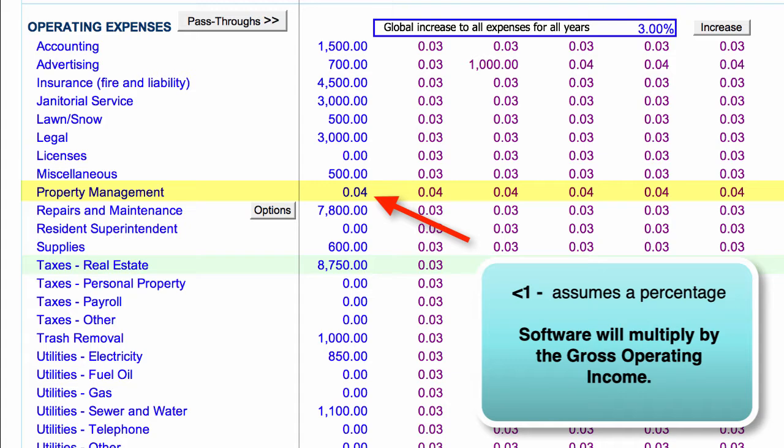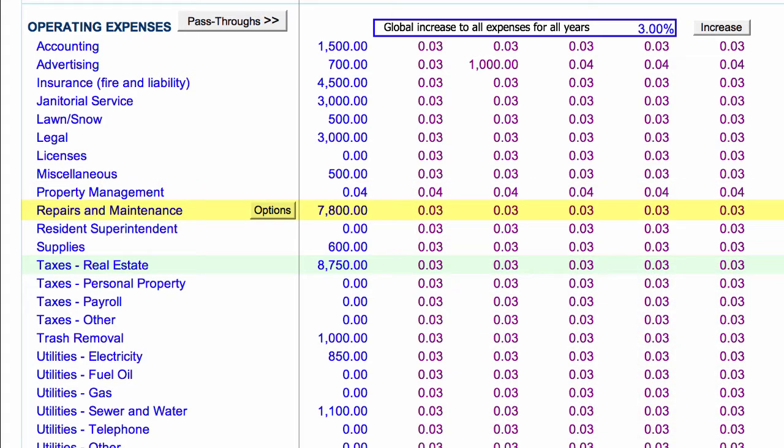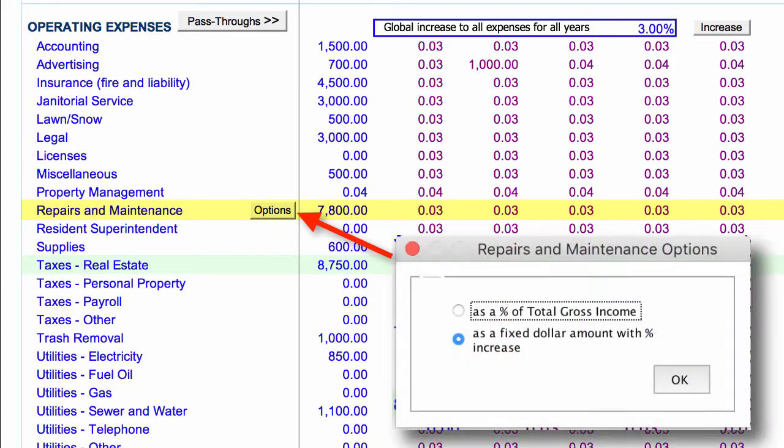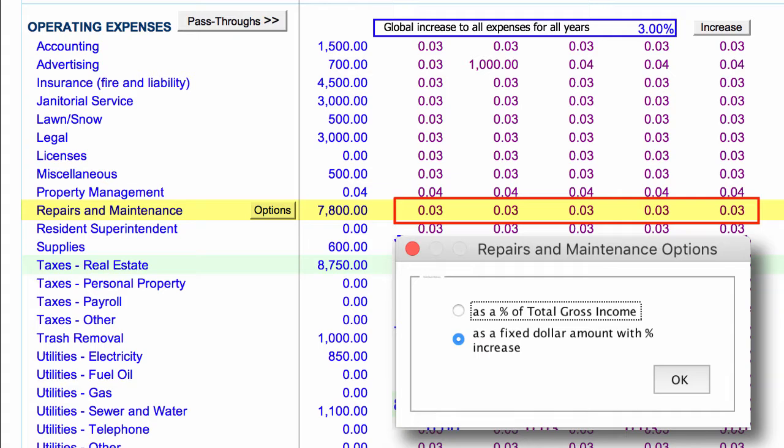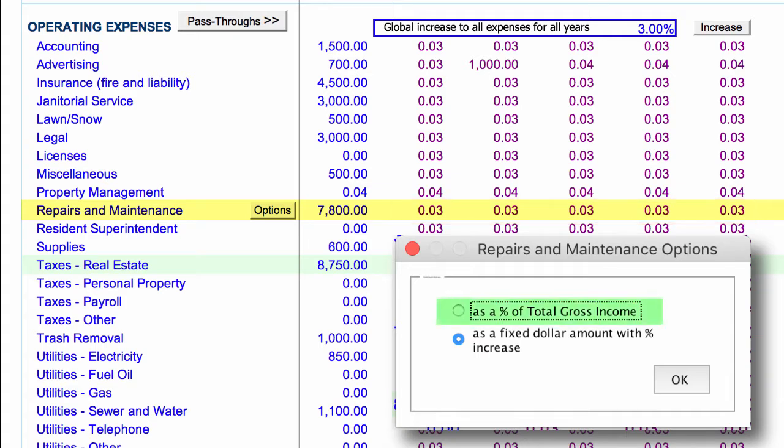Another line item that could behave differently from the others is repairs and maintenance. If we click the Options button, we'll see that we have the choice of calculating this item in much the same way as most of the other expenses, as a fixed dollar amount specified for the first year, followed by percentage increases for subsequent years. Or we can choose to have it calculated instead as a percentage of total gross income. From our experience, it seems that most folks go with the fixed dollar and the percent increase, but the choice